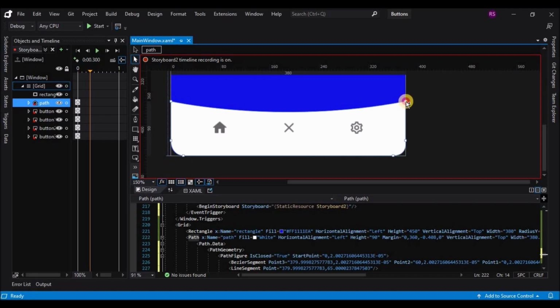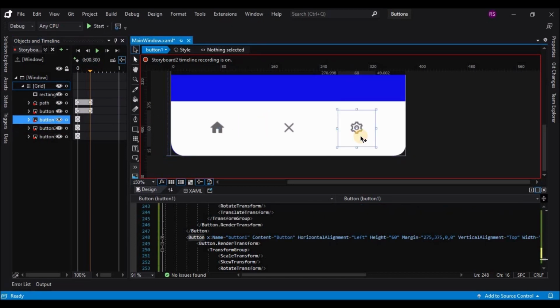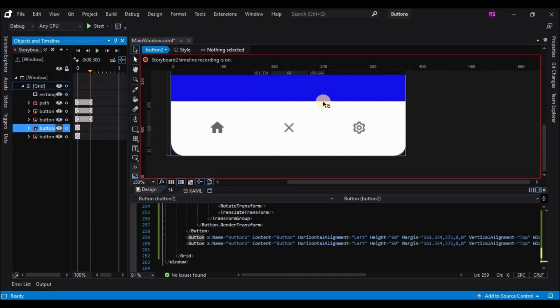So we have to move them to the left, and the settings button to the right, and hide the multiply button and make the plus button visible. So this is again the start position. If you run this, it has reverted back to the original state in the second animation.